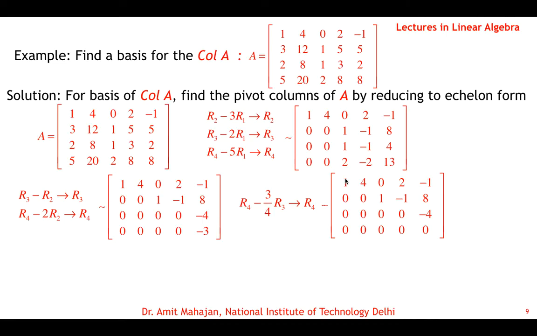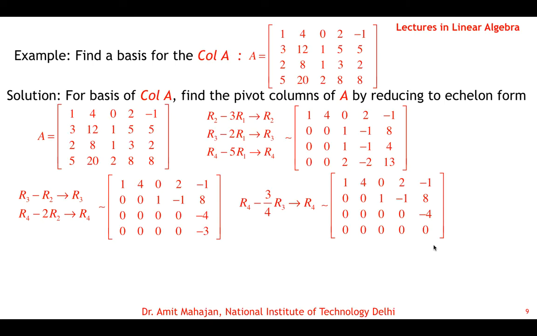So immediately now you have the equivalent form, and you can see what columns are pivot columns. Okay, the leading element in the first row makes this a pivot column. This is a pivot position. From the second row this is the pivot position, so the third column becomes the pivot column, and in the third row this is the pivot position, so the fifth column becomes the pivot column. So first, third and fifth columns are the pivot columns of the matrix.